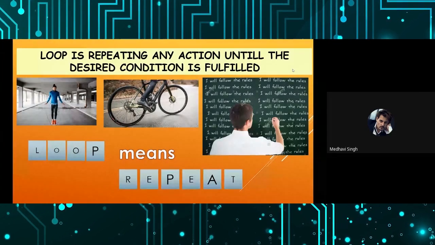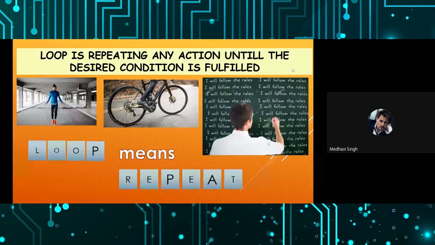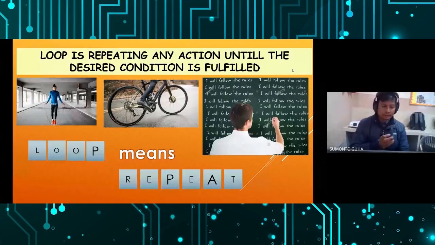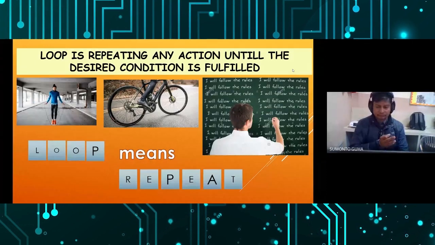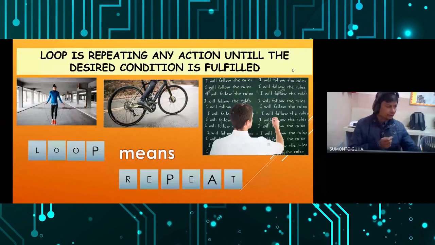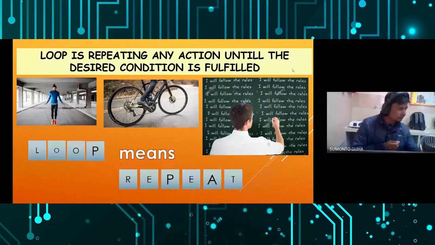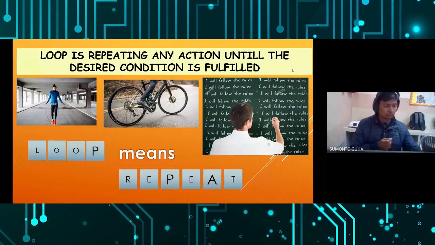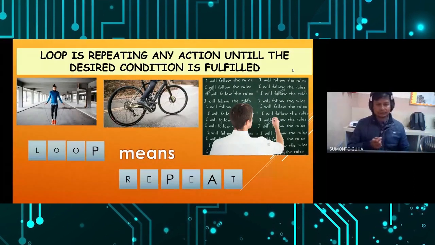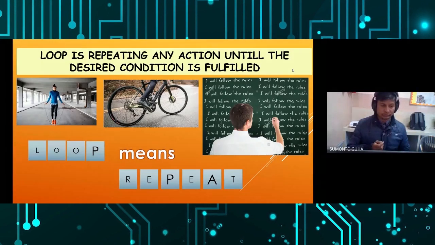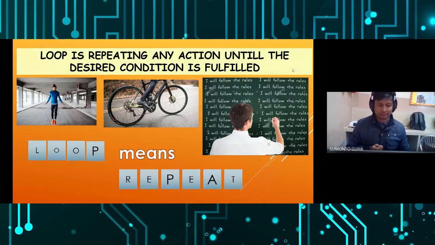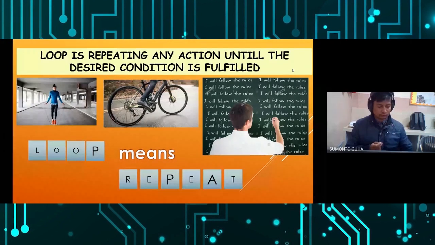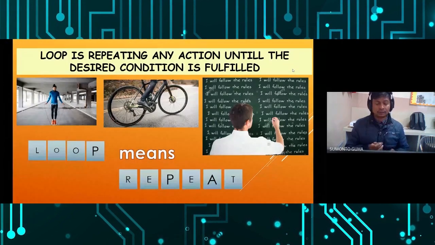Right, very good. So see here, it can be both different aspects. We can see that either he has set a target of some number, so he can continue up to 200 or 300, or he will say that as long as I do not get tired, I will keep skipping, and I will stop the moment I feel tired. So in the first condition, he's counting in his mind 1, 2, 3, 4, 5, 6, 7, and so on, and he will stop at 200.